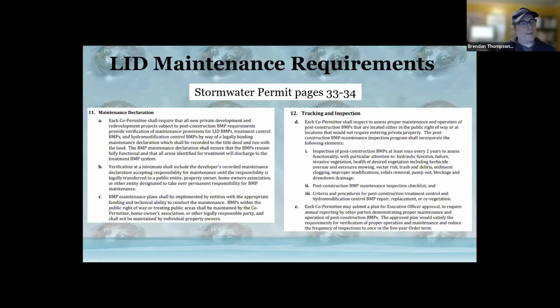So if somebody comes in and wants to develop a project and has to install a LID feature, the cities or the county need to make sure that there's a legally binding maintenance declaration that those BMPs remain fully functional for the life of the project, and that if the land is sold, the maintenance responsibilities carry over to the new owner,